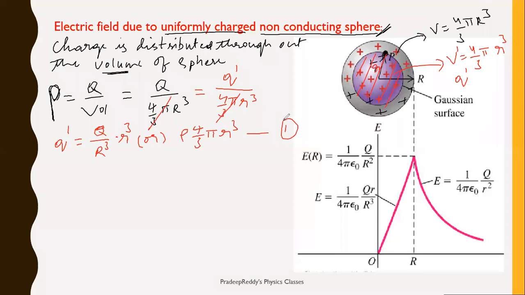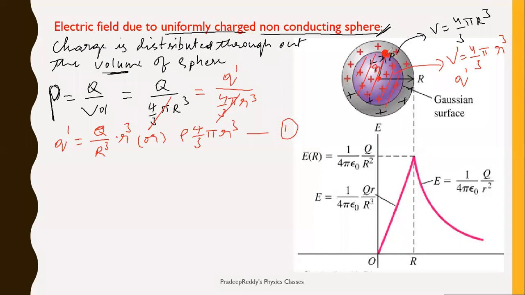So we have chosen a very small element in this whole sphere. That element has some volume V dash, and it is 4 by 3 pi r cube. That particular element has charge Q dash. Now, in order to find out the field inside this particular material, first we are supposed to find out the field at this point P. Where you are calculating the field, till that particular point you need to choose the radius. So here I am finding the field. That is the reason why from the center, it is separated by distance small r. Now at this point, I want to find out the field.